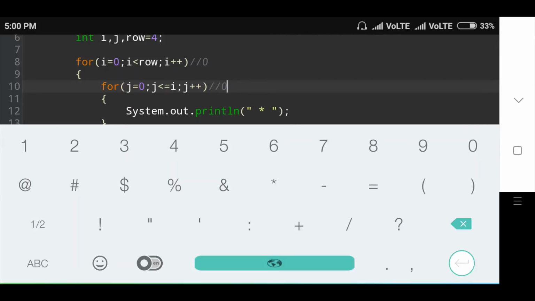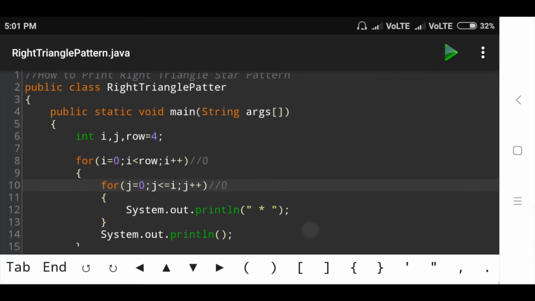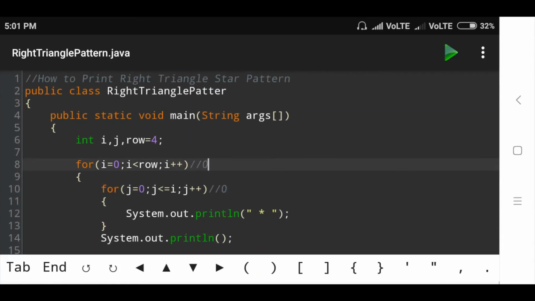The first print statement prints a star in the first row and the second println statement prints the spaces and throws the cursor to the next line. Then again go to the for loop condition.